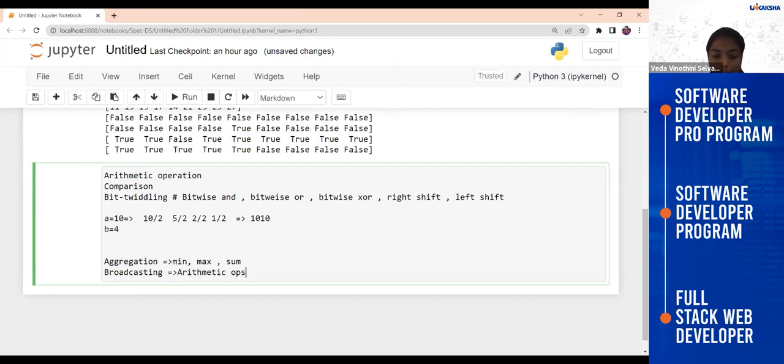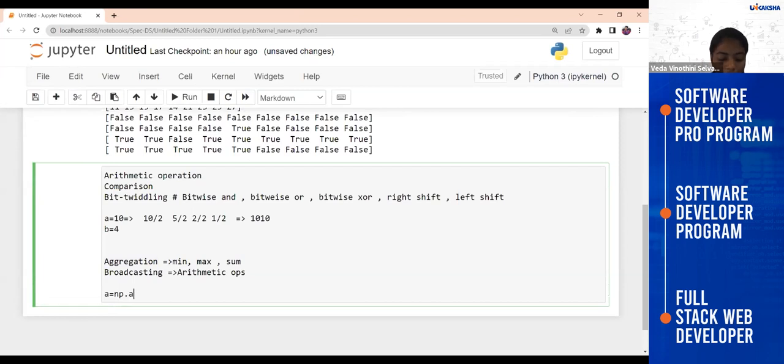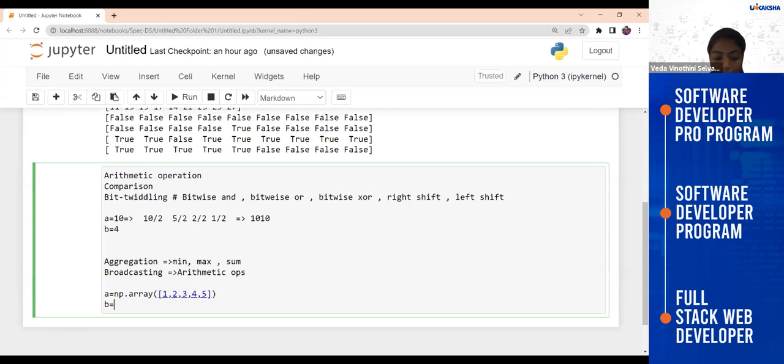Just imagine that you are going to do some arithmetic operation here. Let's take a NumPy array. In this particular case, if you have 1, 2, 3, 4 and 5, this is a one dimensional array, right?